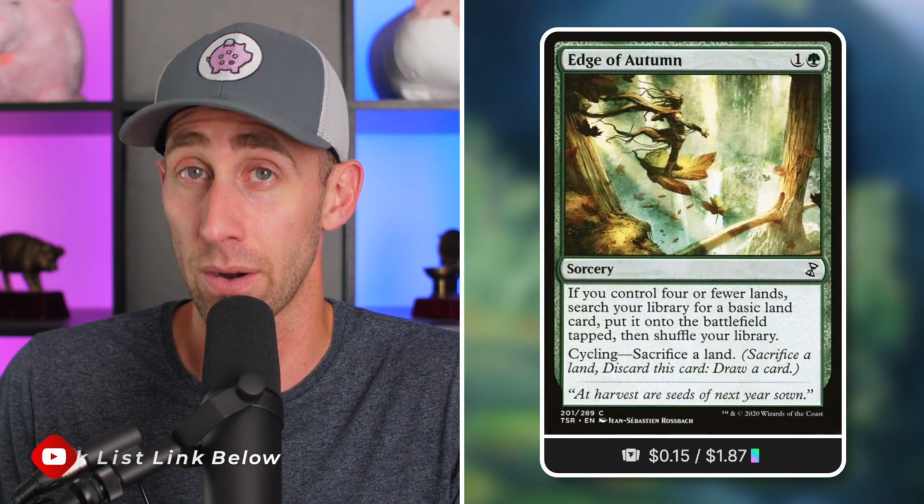Final tactic, though, tactic number 9, ramp it up, very simply, very effectively. Again, we already talked about a lot of great ramp sources in this deck, including our commander. We've got some more to work with, though. Wayfarer's Bauble, of course, pay 2, tap, sacrifice, get a basic land to play tapped. Then we've got Rampant Growth, the OG, 2 mana, get a basic into play tapped as well. Edge of Autumn, exact same thing if we've got 4 or fewer lands. If not, later in the game, we can cycle it away by sacrificing a land,